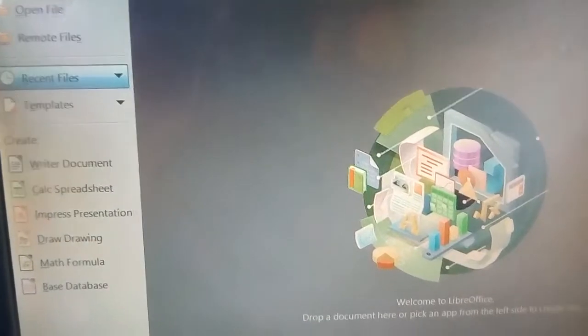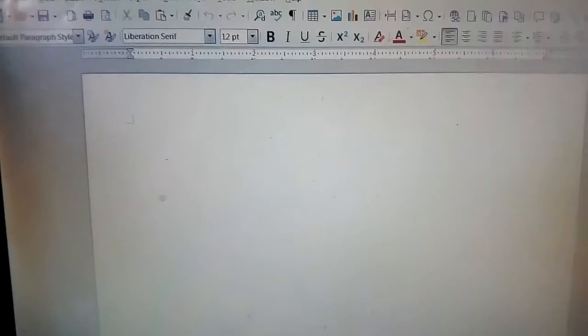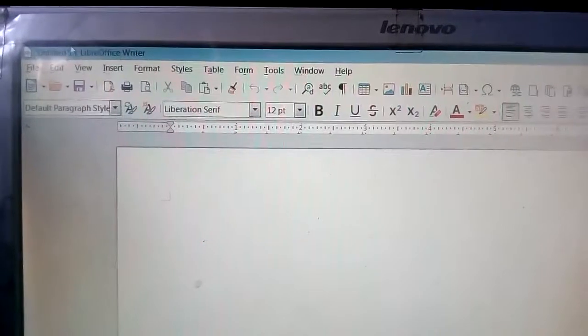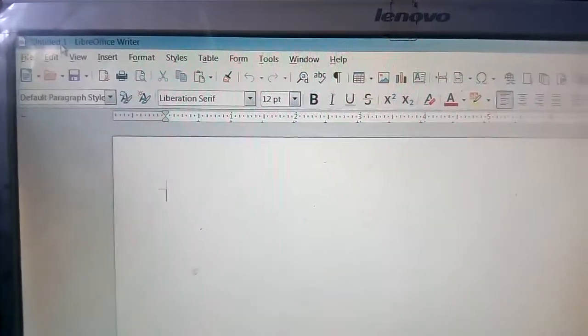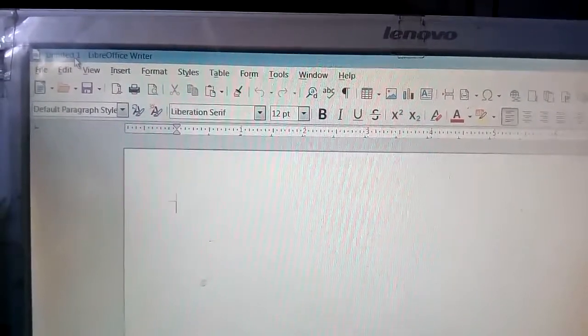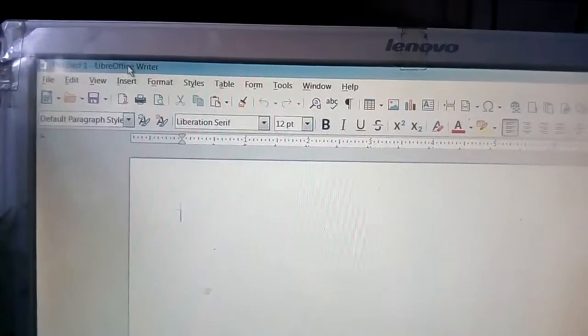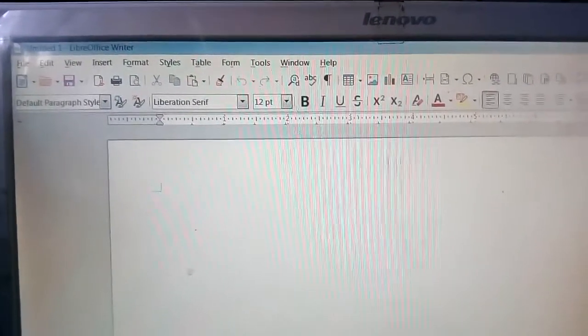Now we can see the parts of the Writer window. You first have to click on Text Document. Here you can see the first one, I think all of you know, is the title bar, where you can see the name of the application and the name of the file, here untitled. When you save the file, the file name will come over here along with the application name. This is the title bar, and this one is the text area where you will write your letter or document.